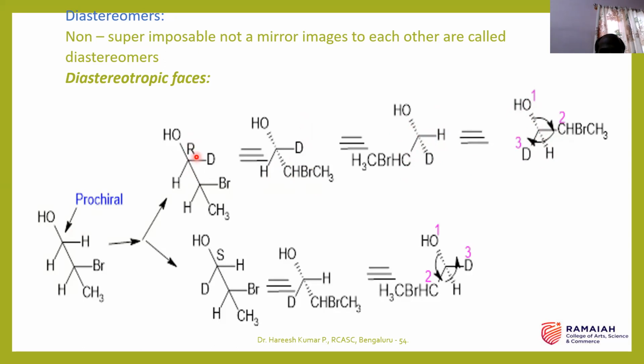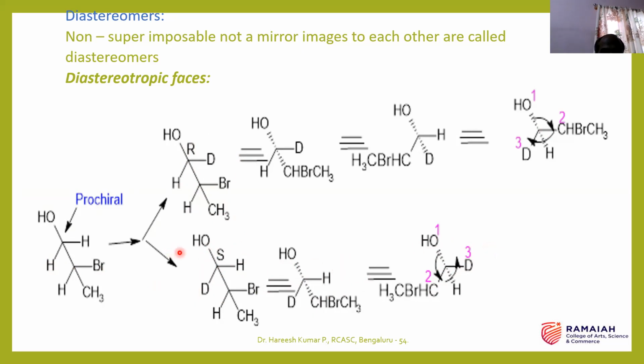This is R. Here also a chiral compound is there. That is the reason these products are diastereomers. Similarly, if this hydrogen is replaced with deuterium, then this product is obtained. If you want to know whether the newly formed chiral center is R or S, then you have to convert it into this Fischer projection to assign the priority. Here, this will be 1, this will be 2, this will be 3. That means it's in an anti-clockwise direction. So that is the reason this is called